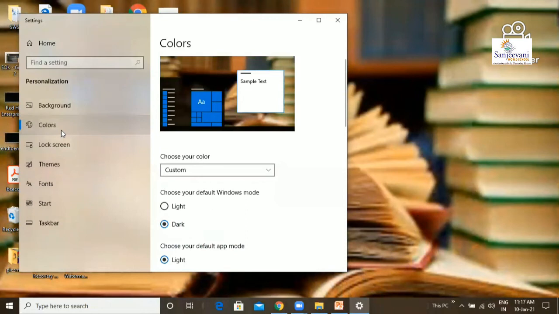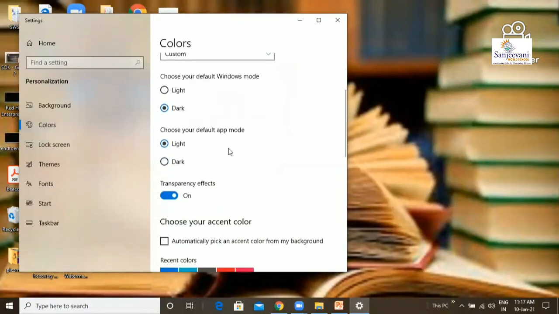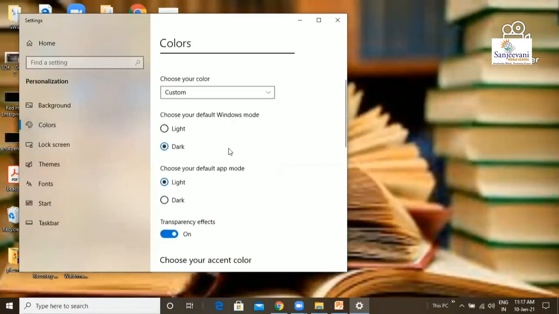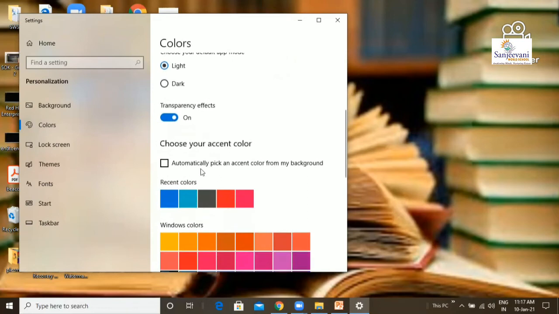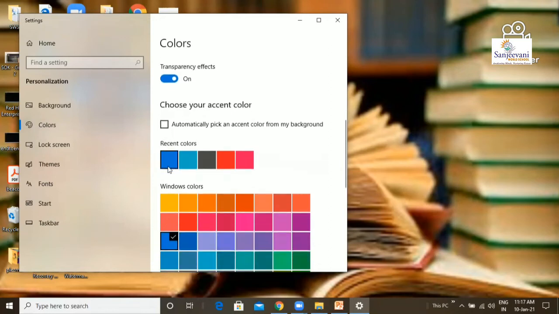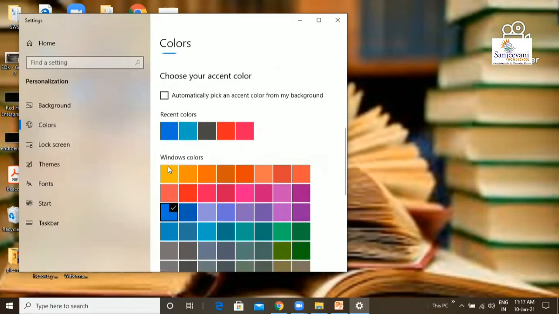Turn on or off the three color setting options according to your choice. So you have various color options available over here. To set the window accent color, set the automatic pick an accent color from my background to off. It is already off over here. To set the color of the start menu, taskbar and action center, set the show color on start, taskbar and action center